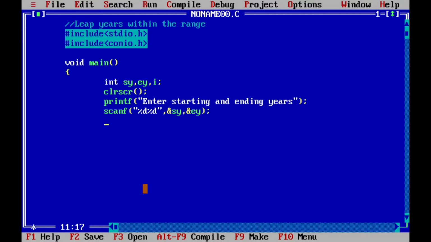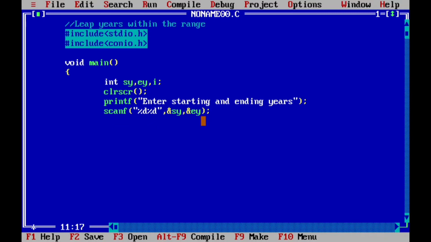The given years are placed in this particular variable sy and another variable ey. Starting address at sy and ending address at ey. Okay. Input is placed in memory in two variables.